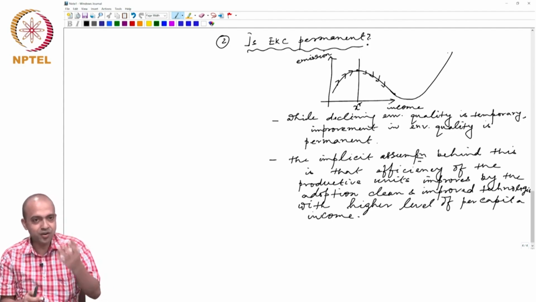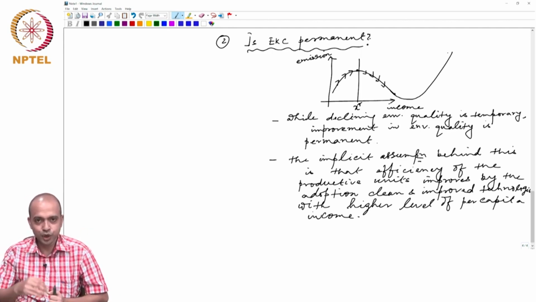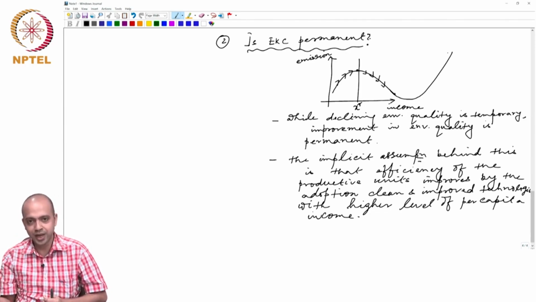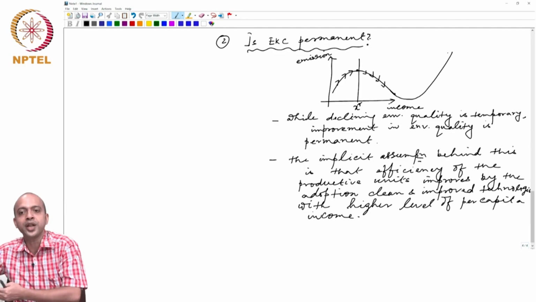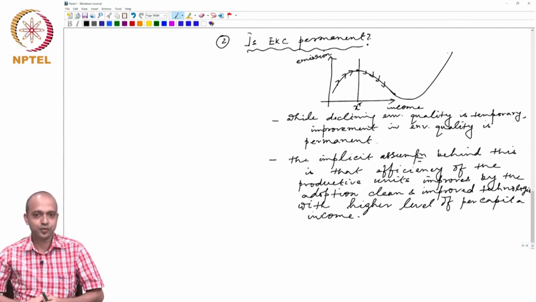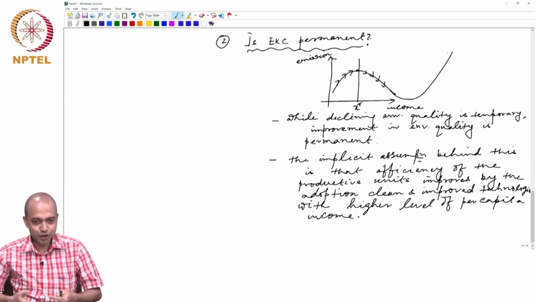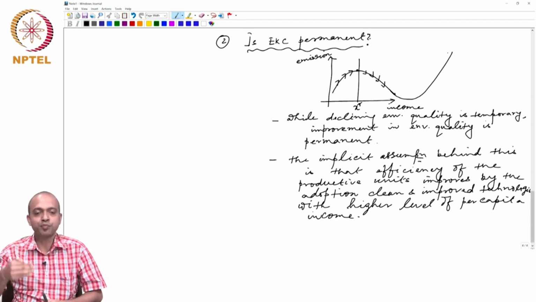The technology which was advanced and clean 10 years back, when you keep on producing, the capacity of the technology to produce more output with lower amounts of pollution will come to an end, and then we need to go for the next level of technological innovation, which takes some amount of time. And in that transitional period, when the cost of abatement is too high, and the economy is still looking for the next level of technological innovation, then pollution per unit of output will again go up, and we will see an upward swing